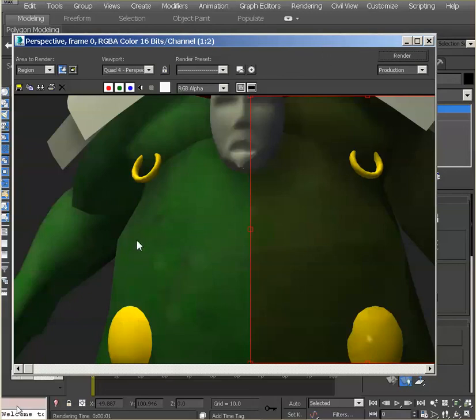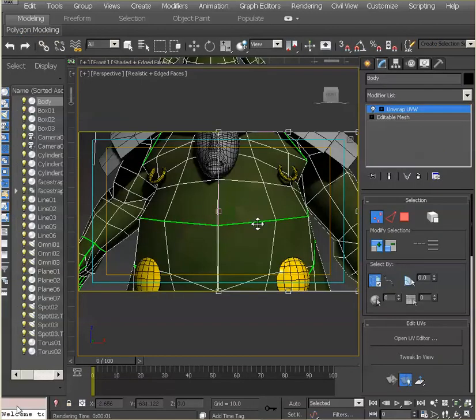Wanted to show you something here. I don't know if you noticed there's a little bit of texture interruption here. That means that we need to fix the UVs on that area so that it looks a little bit more continuous. This is a loincloth, so it would not make sense that the loincloth